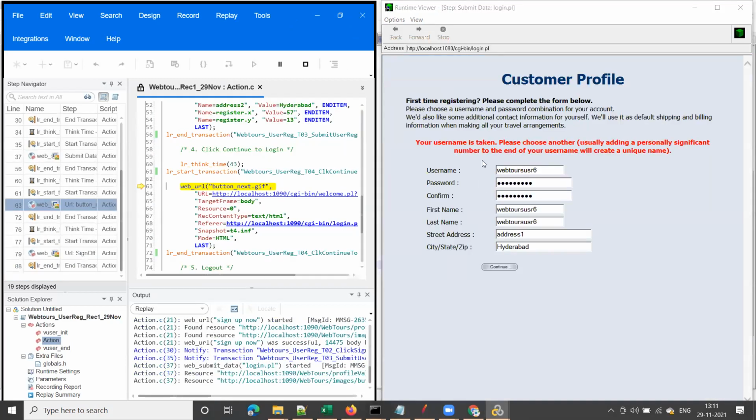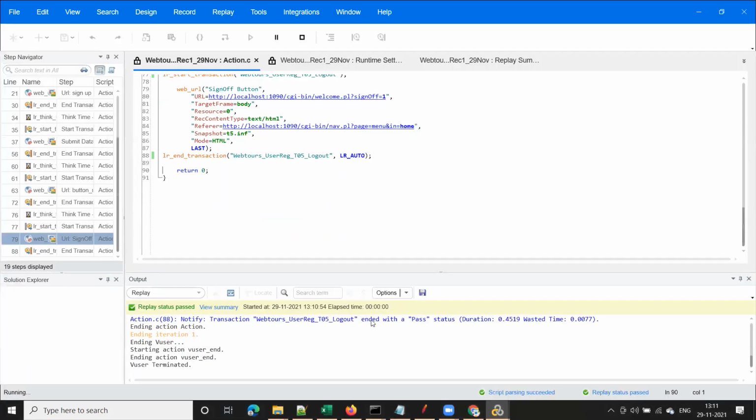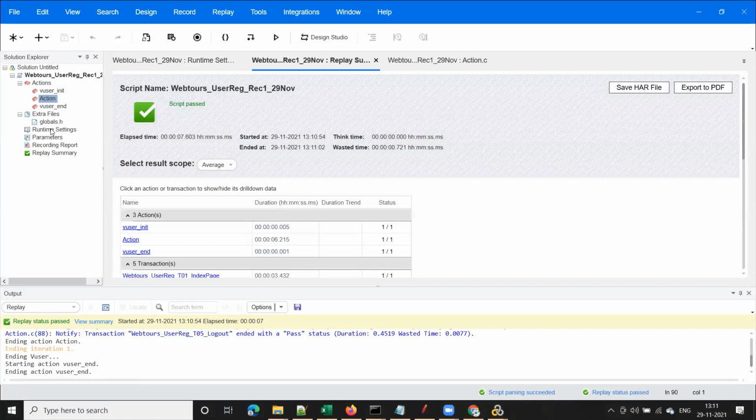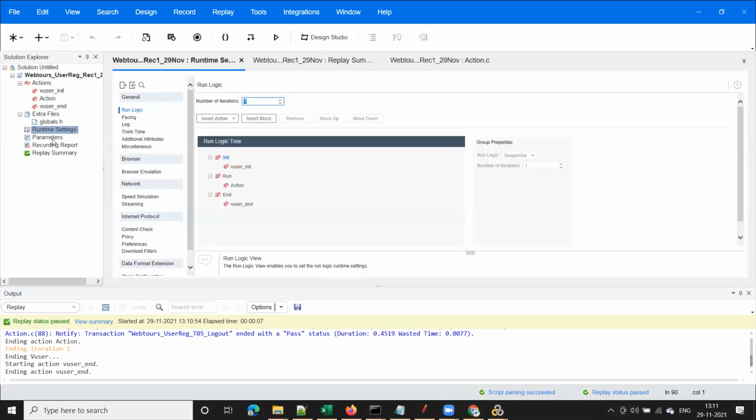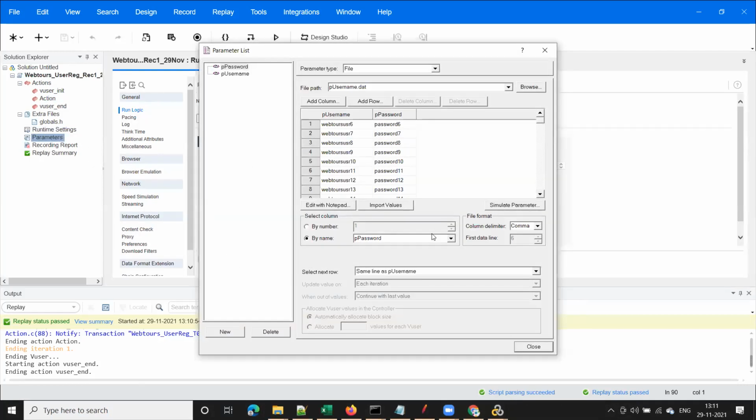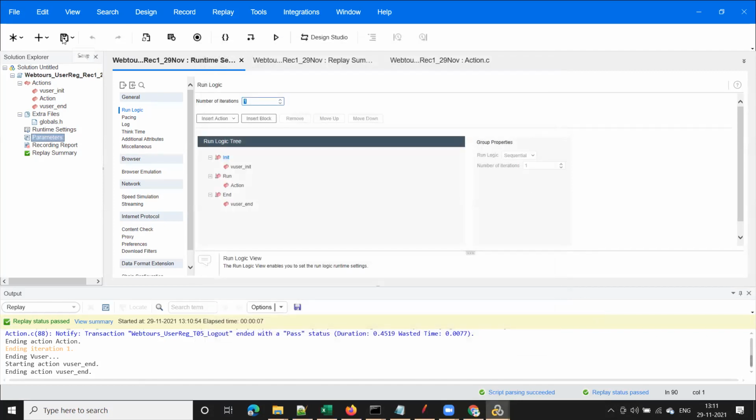See here, index page, and then reach. Hey, hold on. Oh, sorry, I did not change the parameter properties. Sorry for that. Go to parameters, and here we changed it previously, right? To line number 6, right? And I kept the first file. I changed the username in the first line. So you had to change back this first data line to 1, isn't it?